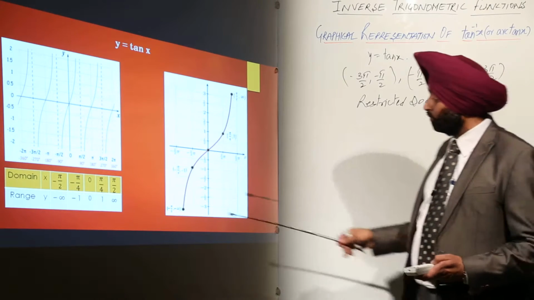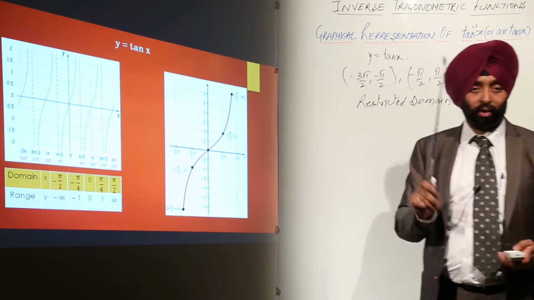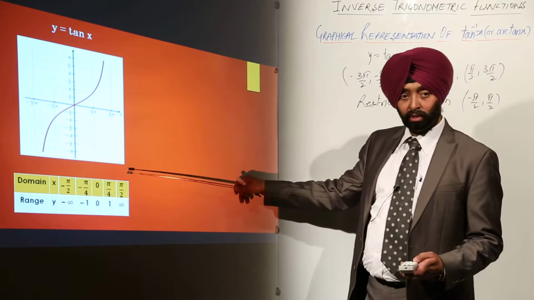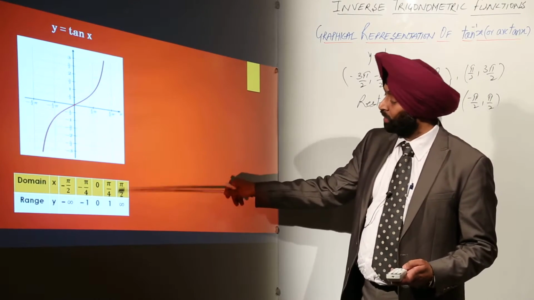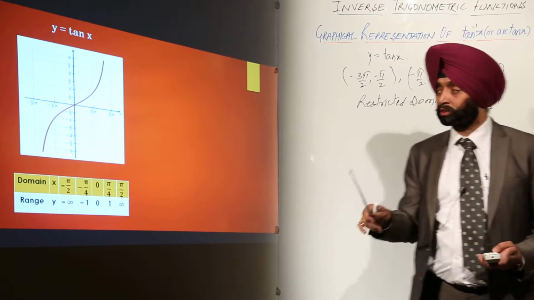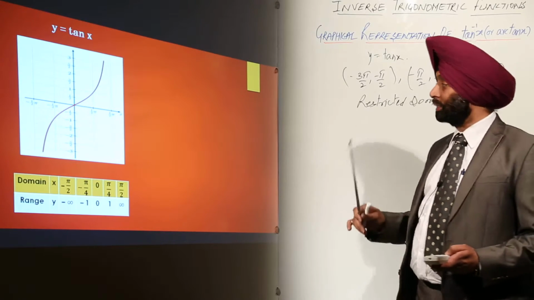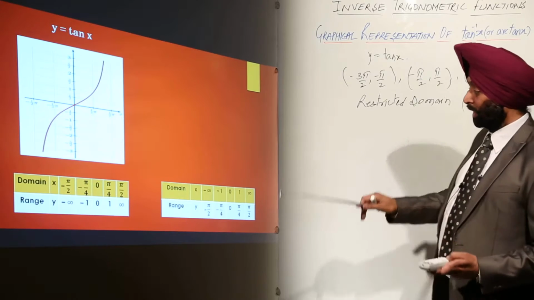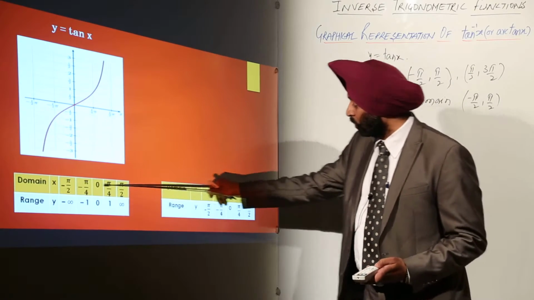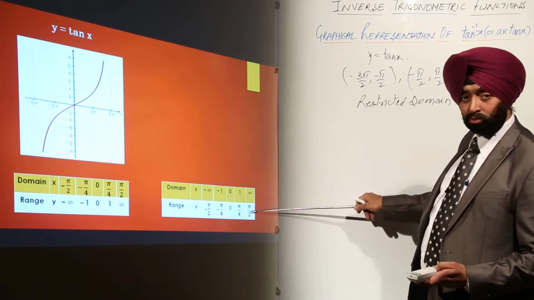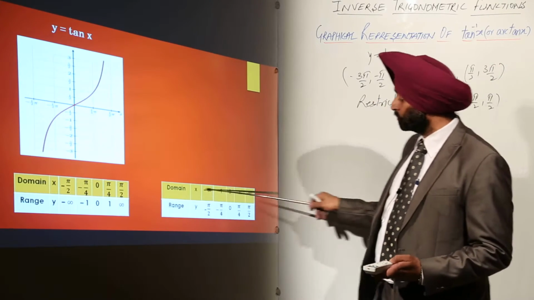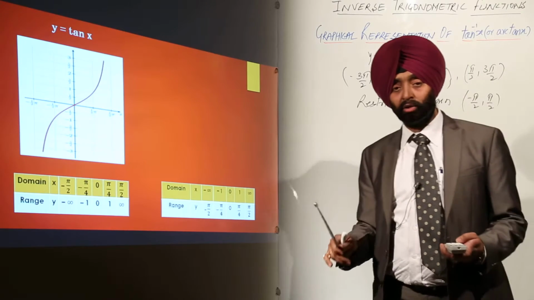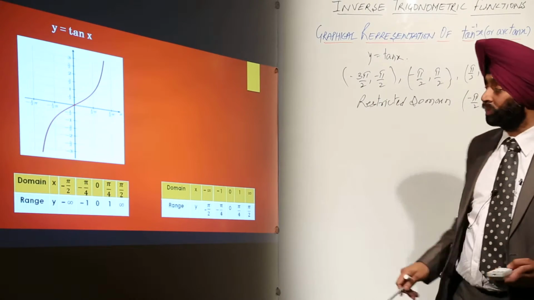Okay. So now what do we have to do? We have to make a one-one and onto function. Okay. So now from this function, from this table, we are going to make the inverse part. Okay. Inverse for the tan x. Now here we have changed domain to range and range to domain. You can just check it, all the up values have gone to the downside, and the range becomes the domain part. So that it becomes one-one and onto, and we can find the inverse of tan x.